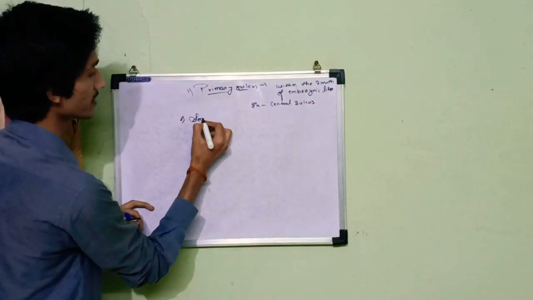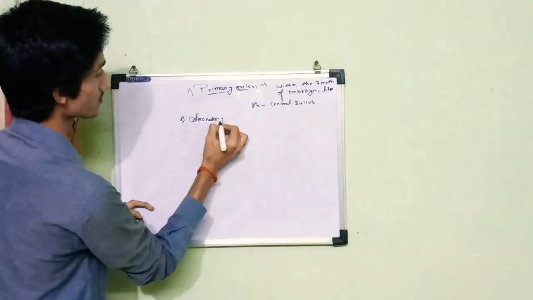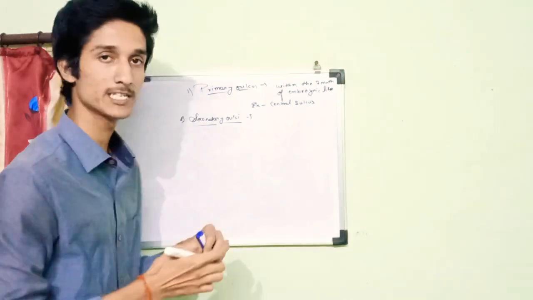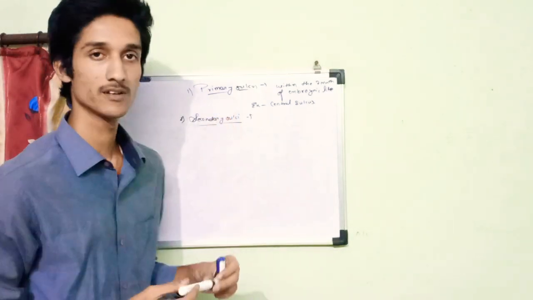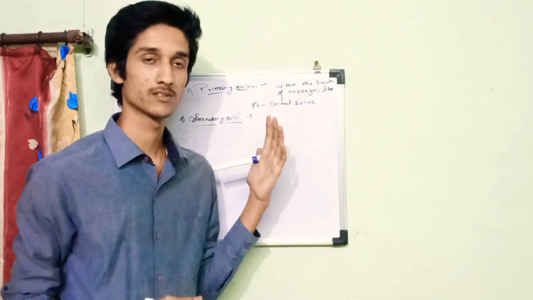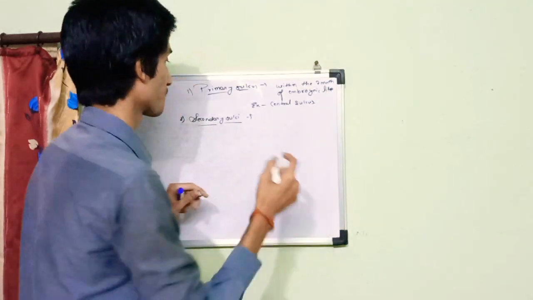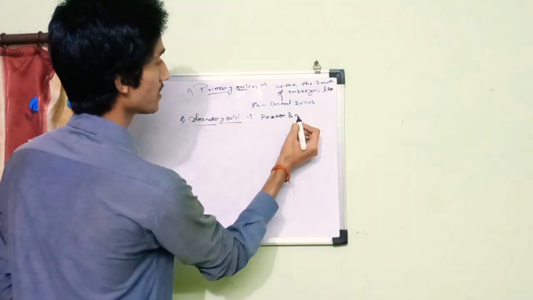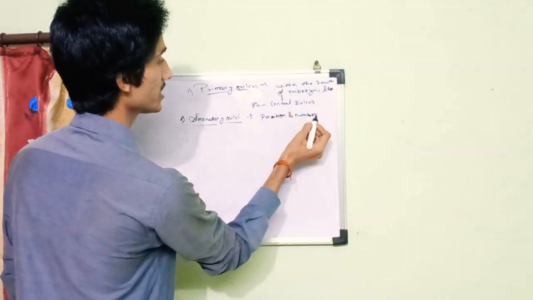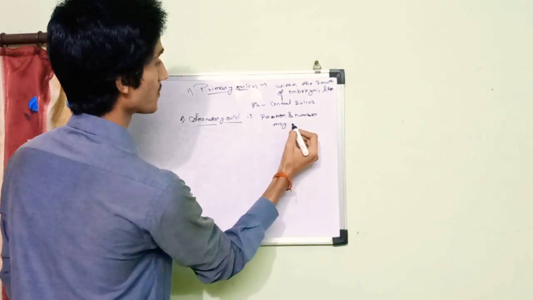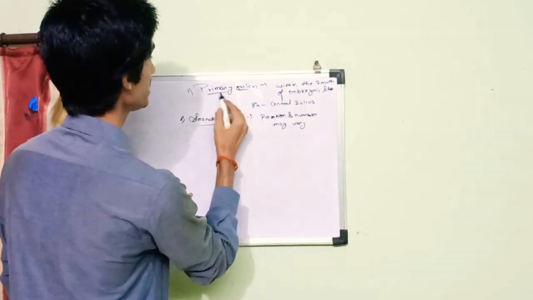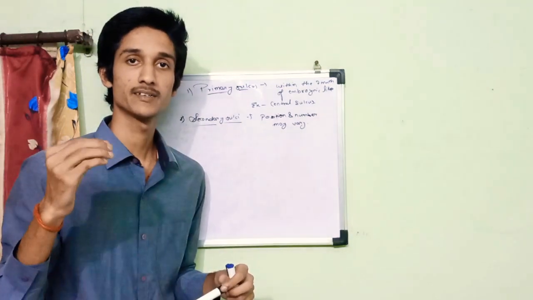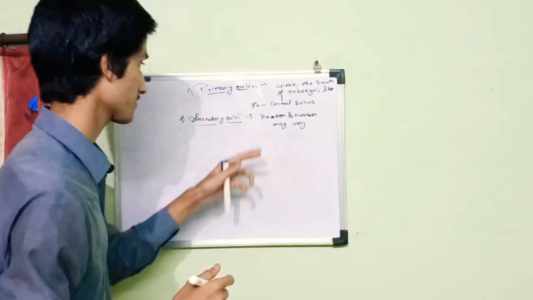Second, we have the secondary sulcus. Secondary sulci differ from primary sulci by their position and number. The position and number of secondary sulci is not accurate; their position and number may vary, which is not seen in the primary sulcus. The primary sulcus has the same position and the same number, and it is always found at the same place.